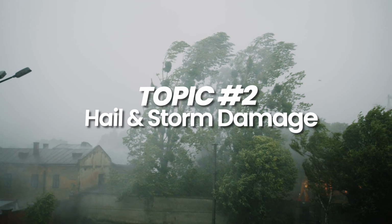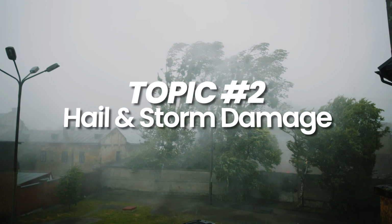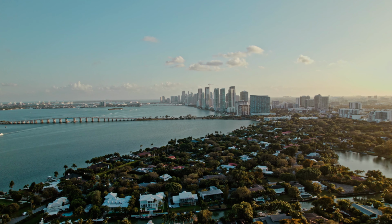The second thing that you want to be aware about is hailstorms or severe weather in the area. Now, I'm not saying something like a tropical storm or a hurricane like we see over in Houston or in Florida, but we do tend to have a lot of hailstorms. And why is this number 2? Is because a lot of people are surprised when they move in or purchase a home for